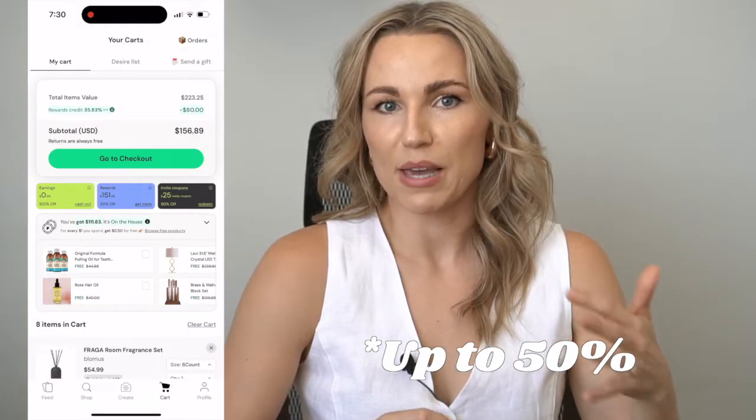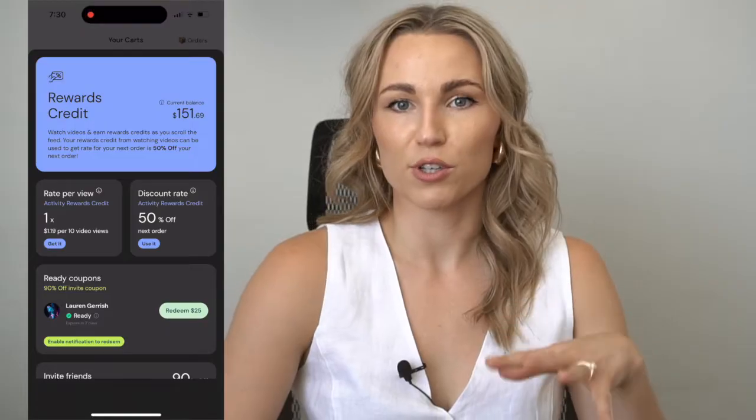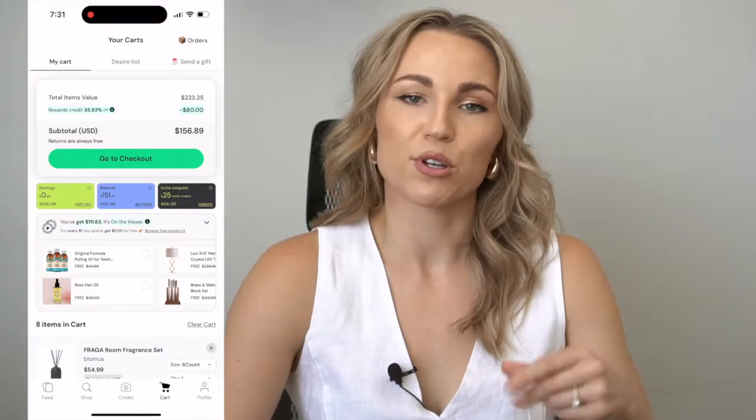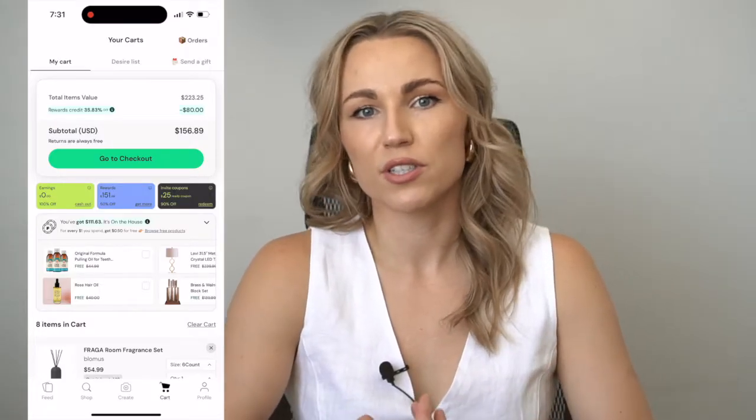Now I've tried to identify a pattern on how many cents are earned for each action, but it appears mostly random. To what I understand, you can only ever apply up to 30% of a discount on the purchases made with your rewards. Any remaining rewards will stay in your account to be applied to the next purchase. Now the exception is coupons earned by inviting friends to join, which I'll talk about next. Depending on the cost of what's in your cart, you might be eligible for free products as well. There are different tiers of free products available for $60 purchases, $100 purchases, and $150 purchases.